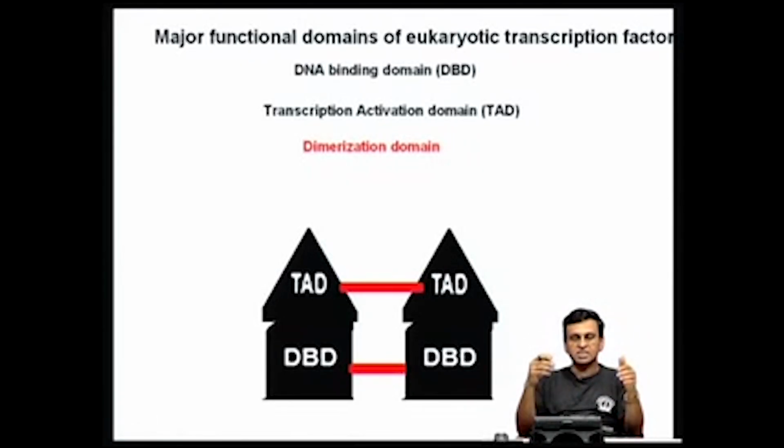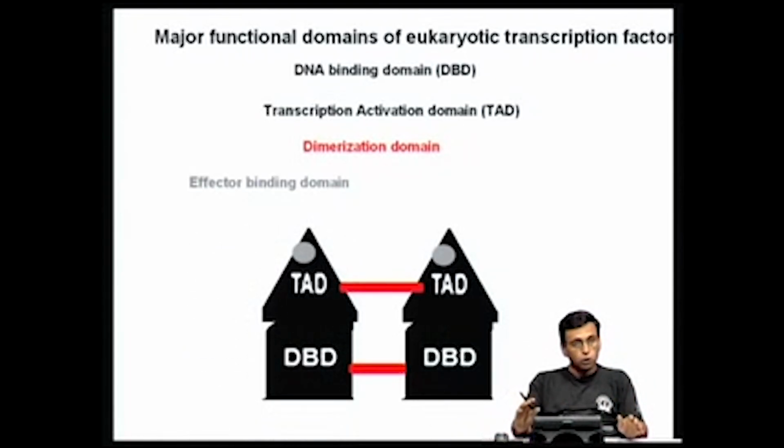Many times the transcription factors function as dimers, and through these dimerization domains the two monomers come together. Motifs like leucine zipper and helix loop helix bring these two monomers together and then project the DNA binding domain in such a way that it is able to go and recognize the specific response element in the DNA. And I also told you that certain transcription factors like glucocorticoid receptor and other steroid hormone receptors